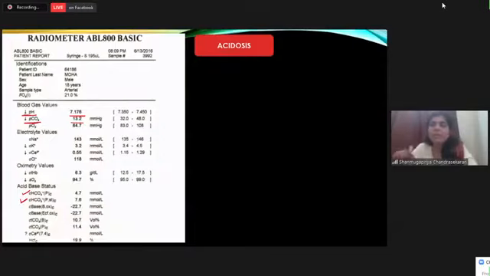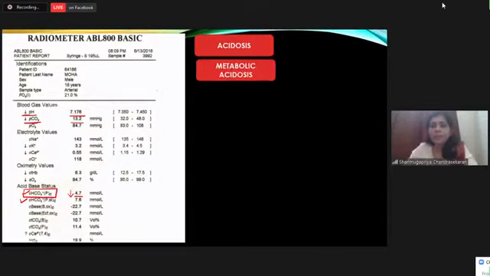So for interpreting ABG chart, do not look at ST value. You look at only this value, plasma value, right? So what is the plasma value? It is 4.7, which is definitely low. So decrease in pH is accompanied by decrease in bicarbonate. So what is your diagnosis? It's metabolic acidosis.